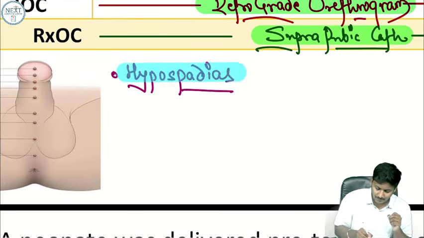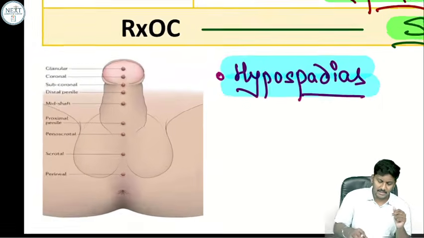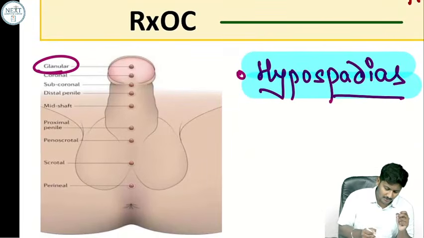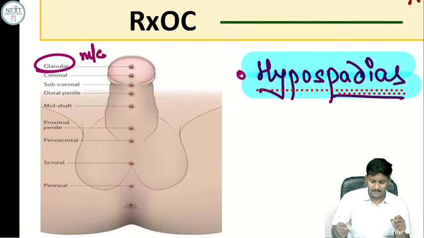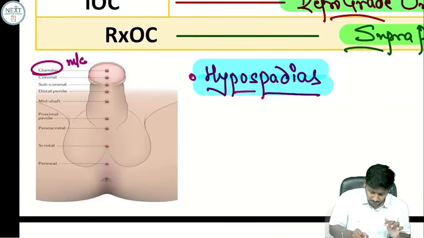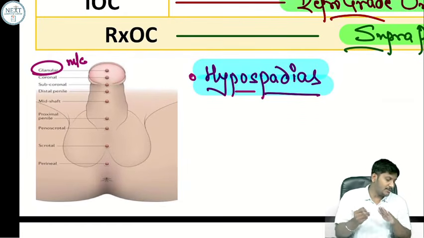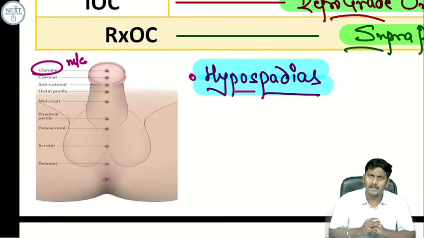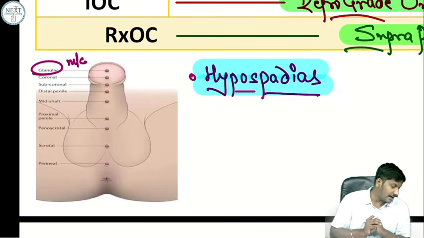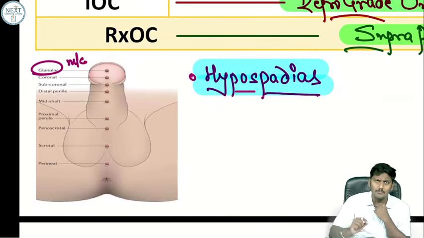हमें पता है बेटा, hypospadias की बात करेंगे तो the most common and the least severe type is the granular variety. बराबर, the most common as well as the least severe variety. Why least severe? Because in the granular variety beta, the urethral opening is just below the normal opening, so it doesn't cause many problems. So please remember, granular variety is the most common but the least severe variety of hypospadias,